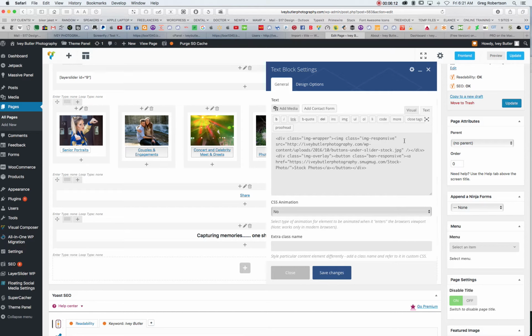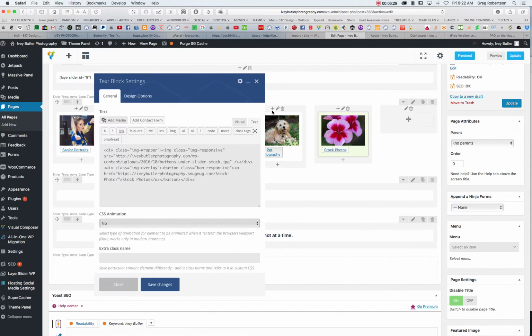And the image is in there as a link. Okay, that's the image. This is the text, stock photos. Now, if you just want to change the text that's showing at the bottom, you can probably do that pretty safely. So you would just highlight over this and then change it